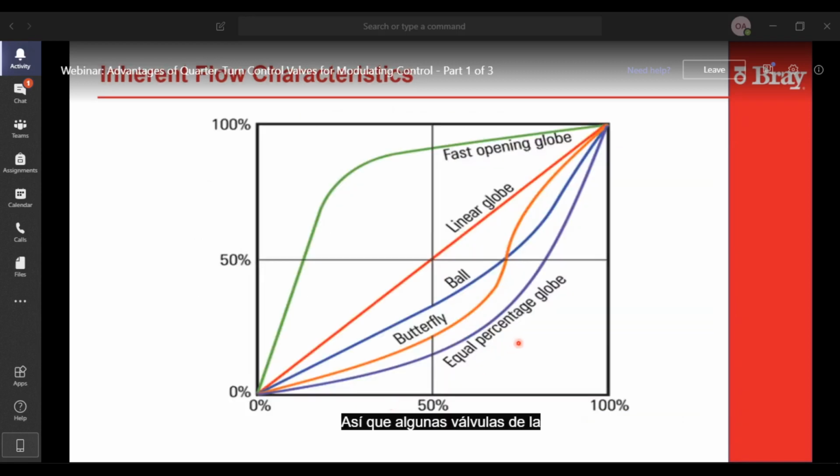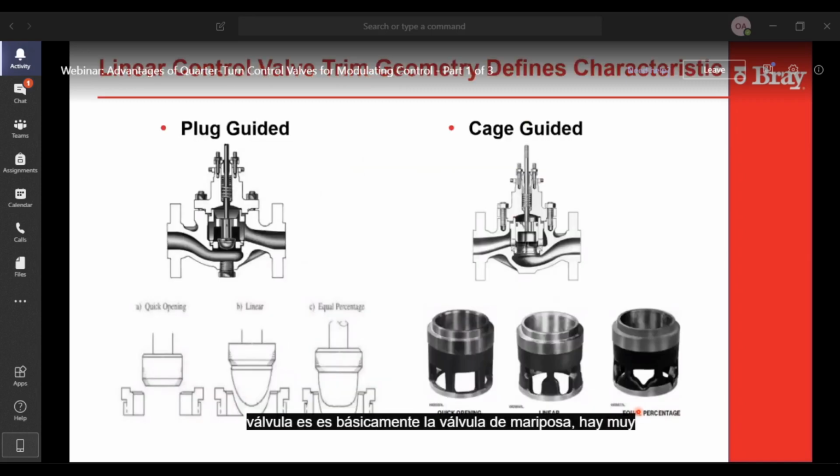So with some valves, the inherent characteristic can be manipulated by the trim and the change in area as you stroke the valve. And then there are other valves that have an inherent characteristic by their design, and it's really not changeable. It is what the valve is. It's basically the butterfly valve. There's very little inherent characteristic change you can make. So in the globe valve,